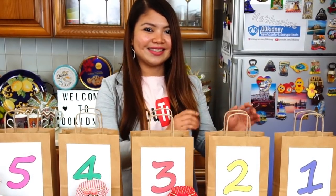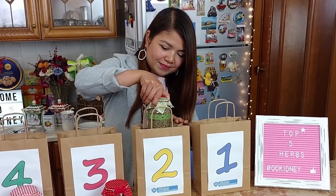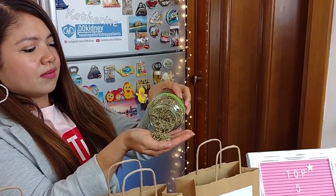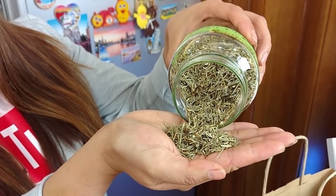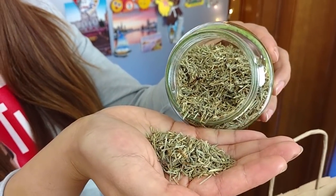Now, the best way to get all these benefits is to prepare it as a detoxifying tea with our next herb. So let's see what's in here. The number 2 best herb for kidney disease patients is this is Horsetail, an herbal remedy that has been used to treat kidney problems since the time of the ancient